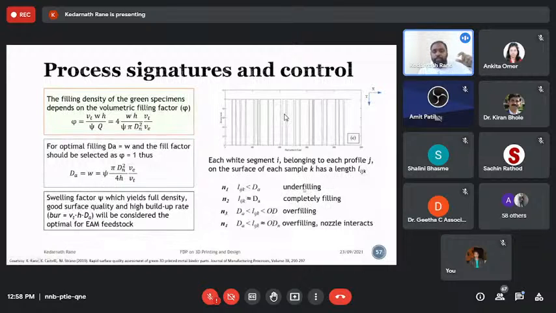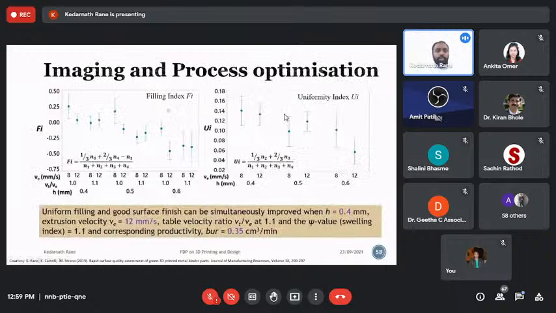We understood that there are defects when there is underfilling, overfilling, or a scratching of the nozzle with the material. With overfilling, the nozzle interacts with the depositor. If there is a lot of swelling of the deposited powder feedstock, there is a lower print height, and then you have issues. So we considered all the combinations of the defects, and we realized two indices, which are the filling index and the nonuniformity